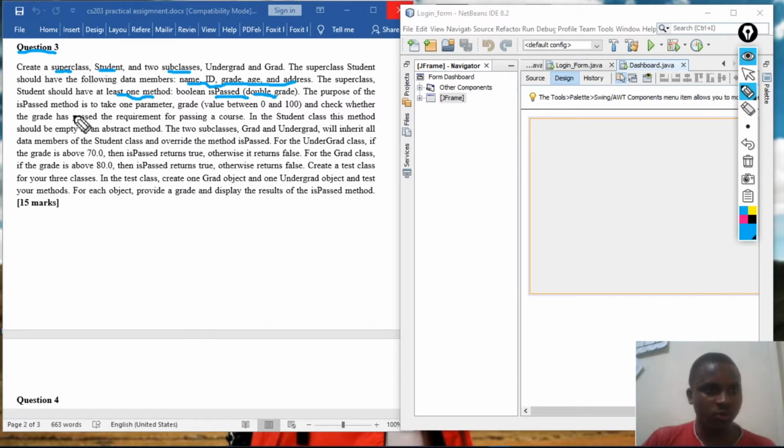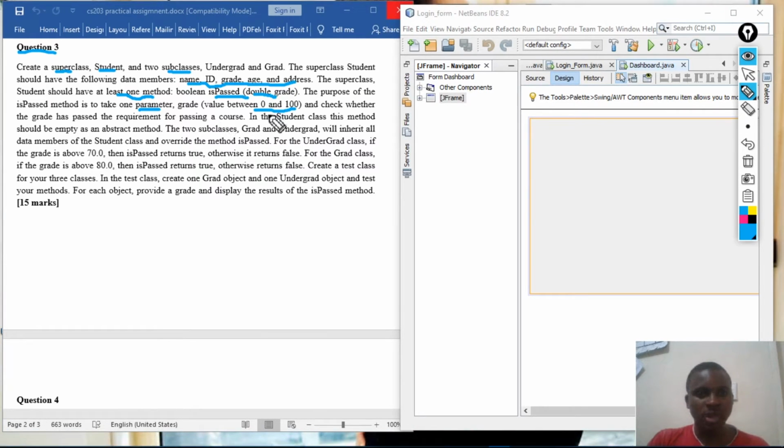The purpose of the isPassed method is to take one parameter, which is grade, with the value between, guys, you have to not forget these restrictions, 0 and 100, and check whether the grade has passed the requirement for passing a course. Yeah, which in the student class, this method should be made an abstract method.